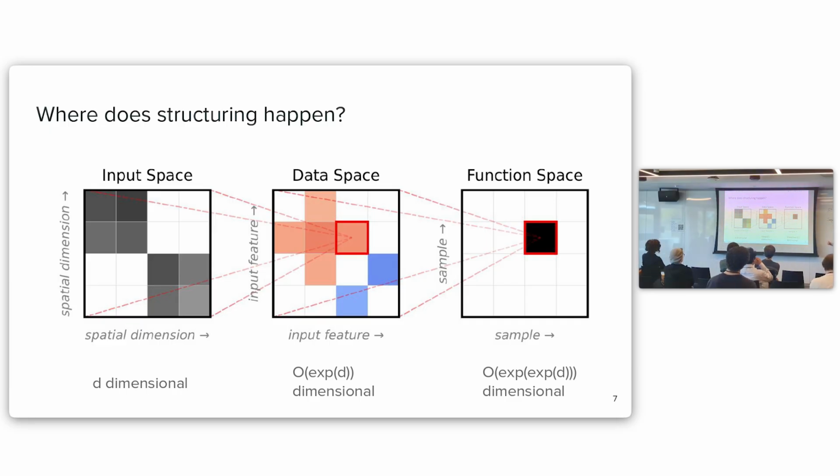And finally, we can also think about the function space, where we do the same thing. Now each axis of the function space represents one particular sample, so one point in the data space. And then a point in the function space represents some labeling over an entire data set, an entire data distribution. So in the sample, what is the other axis? Sample. Each axis of this function space corresponds to one sample from the data distribution. So if the data distribution consists of 1,000 samples, then this would be a 1,000-dimensional space.